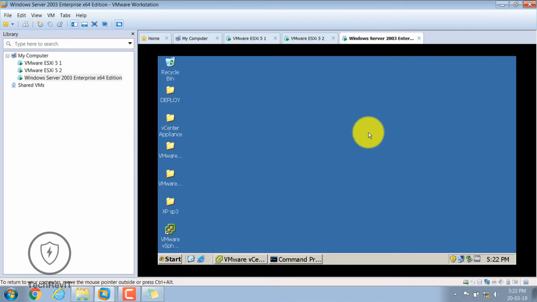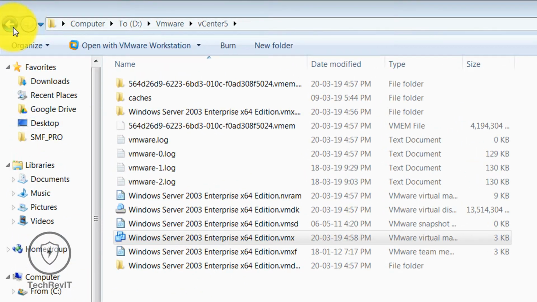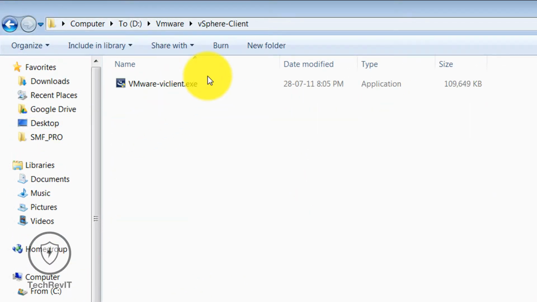Okay, now we will proceed with the installation of our VMware vSphere Client on a client operating system,